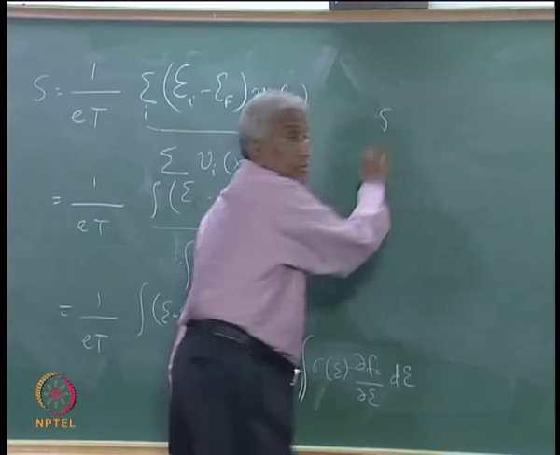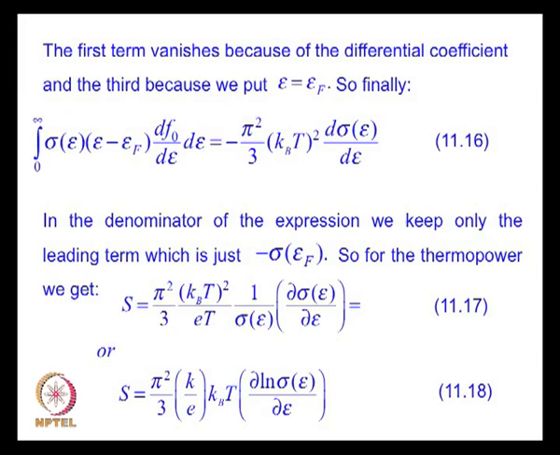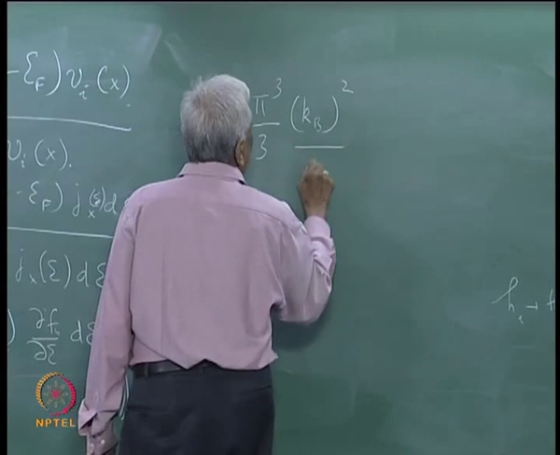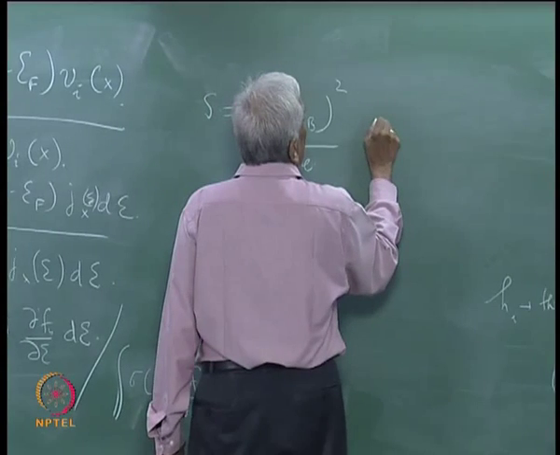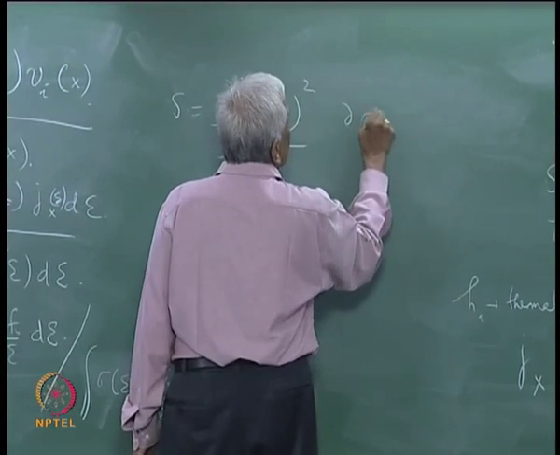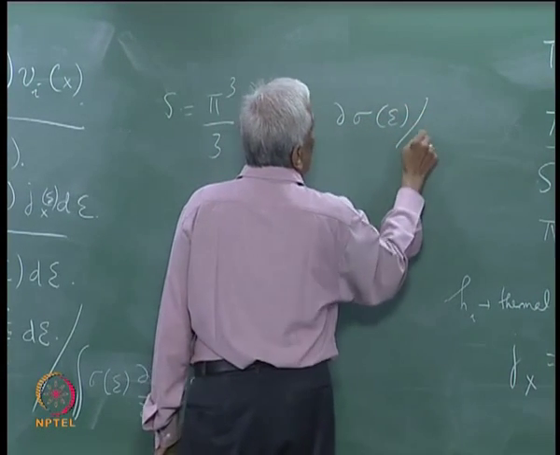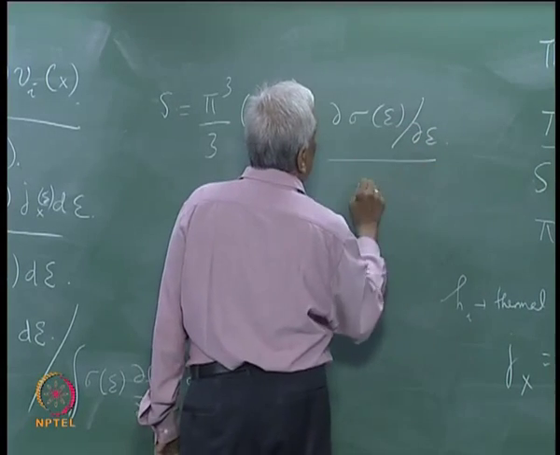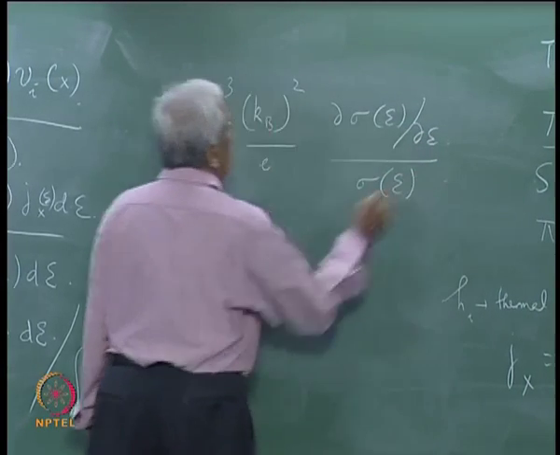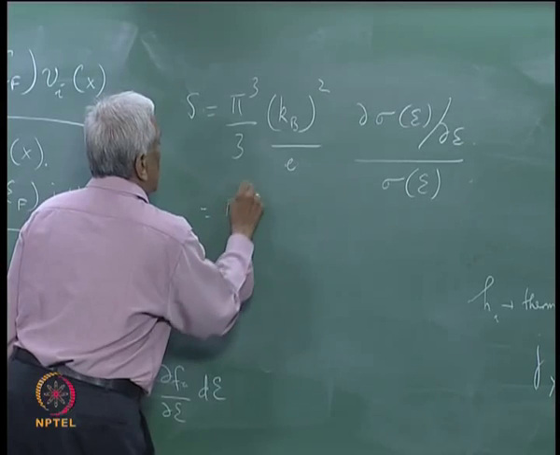So, the final result for the thermopower of a metal, going through the algebra, is pi squared by 3 k_B squared T by e, times d sigma of E by dE divided by sigma of E, and this can be rewritten as